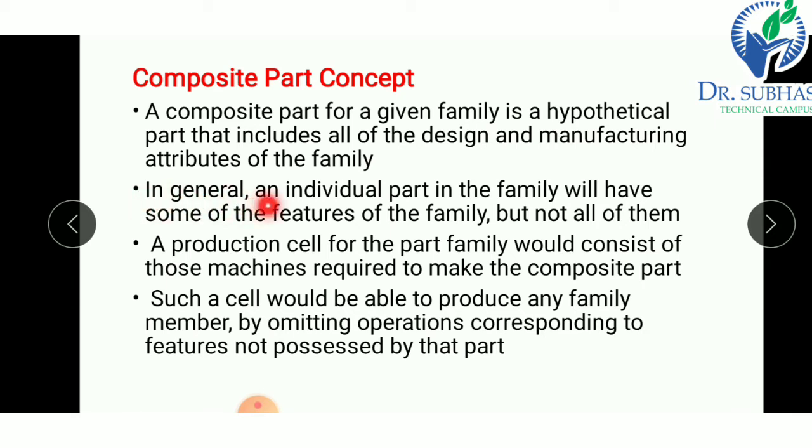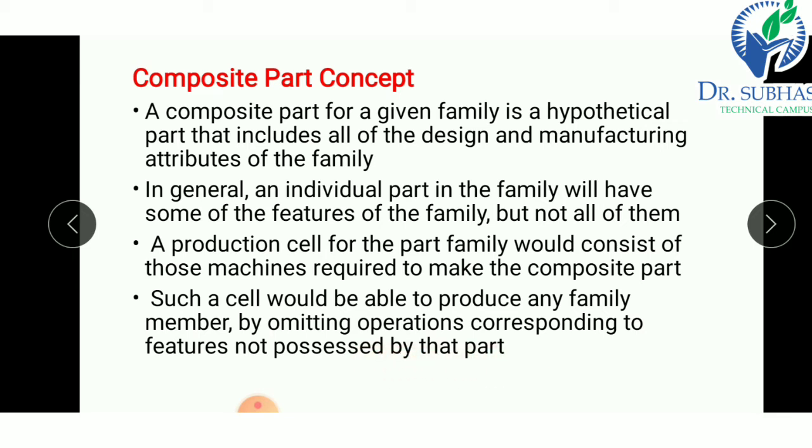In general, an individual part in the family will have some of the features of the family, but not all of them. A production cell for a part family would consist of those machines required to make a composite part. Such a cell would be able to produce any family member by omitting operations corresponding to the features not processed by the part.